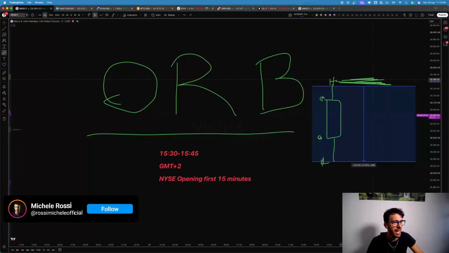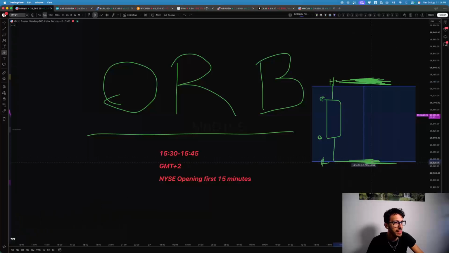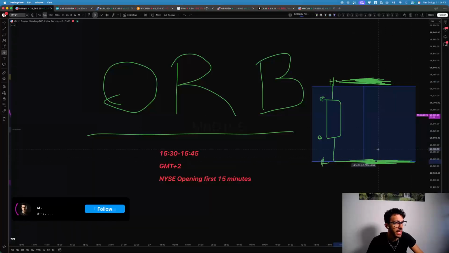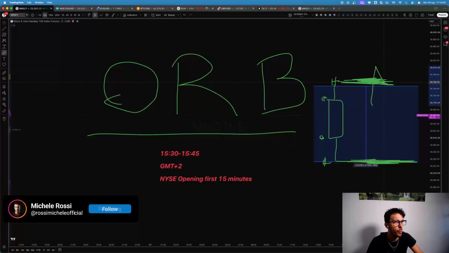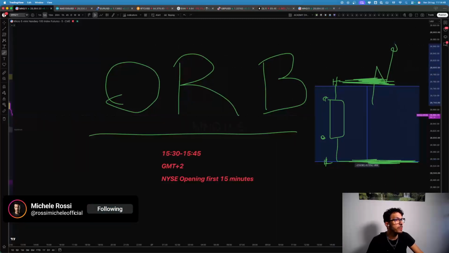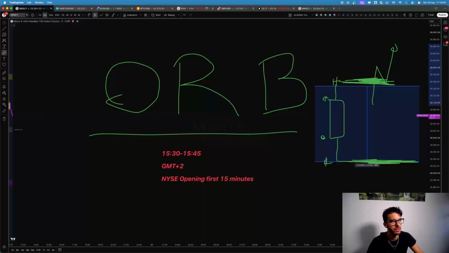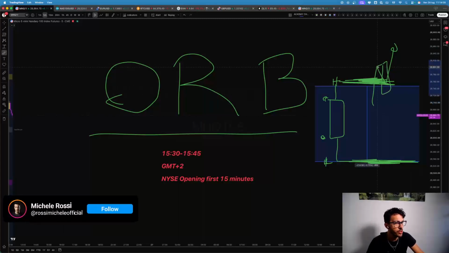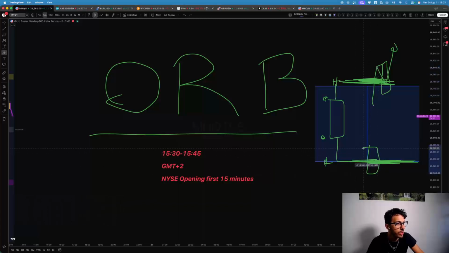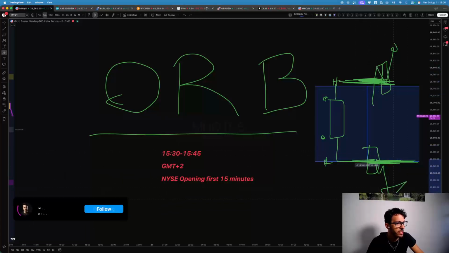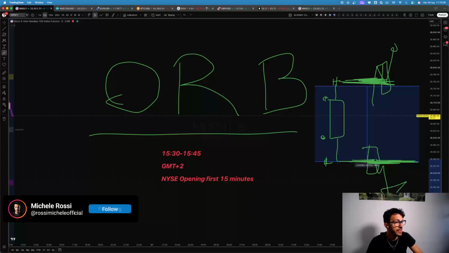The range high tells us where buyers stopped the market during that initial period. The low tells us where sellers stopped it. If price later breaks through one of those levels, the breakout may show that one side is becoming more aggressive. A close above the range may suggest that buyers are willing to continue paying higher prices. A close below the range may suggest that sellers are willing to continue accepting lower prices. That